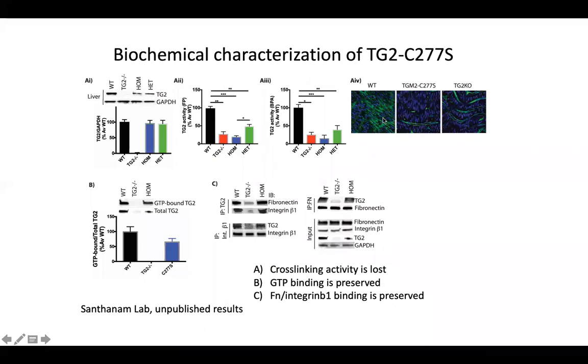So you can see here, compared to the wild-type mouse, the point mutant mouse has no tissue transglutaminase activity, and in fact, the levels are comparable to the TG2 knockout mouse. And we verified this using 3 different complementary activity assays just to make sure that it wasn't the peculiarity of any single activity assay. Now, the cross-linking function is what we wanted to lose, and we need to maintain the other functions. And so we verified that the GTP binding is present and the fibronectin integrin binding function is also present